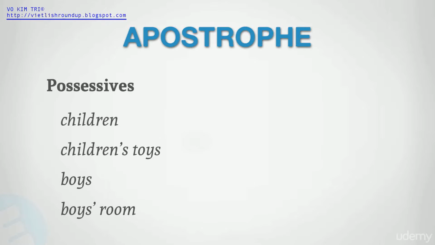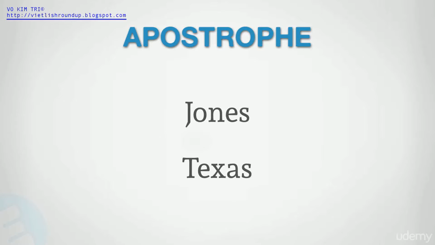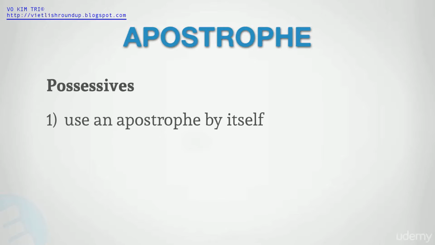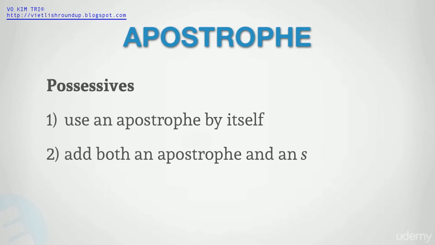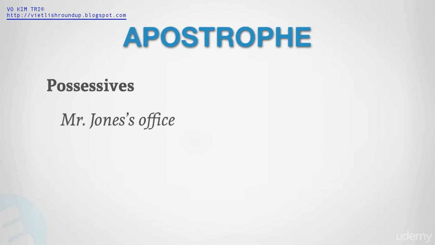The first confusion starts when creating possessives from proper nouns that end with an S. There are two accepted ways of doing this. You can use an apostrophe by itself, or you can add both an apostrophe and an S. Some guides say that the best way to decide which way to go is to base it on pronunciation. If you would normally pronounce the extra S, like in Mr. Jones's, then write it. If you would normally pronounce Texas governor without the extra S, then you would just add